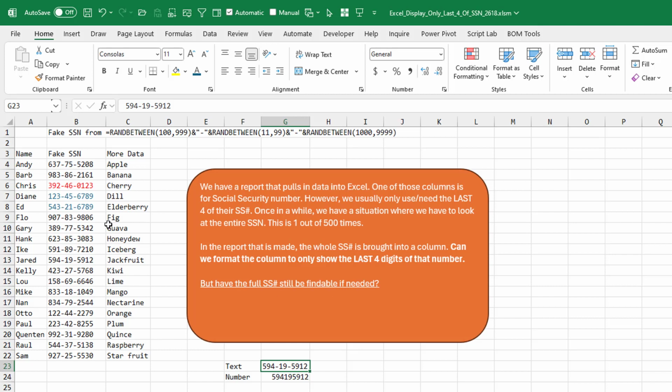All right. Also, these Social Security numbers are all fake. They were generated with RANDBETWEEN. Don't go try and steal any of these people's identities. It was just random numbers. Although I changed this one to have a 0 as the leading digit because I need to test that one of my solutions. And I changed these two people to have the same last 4 because I need to test that in my solutions.